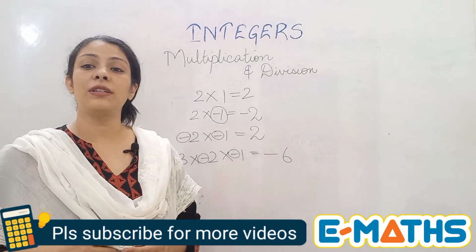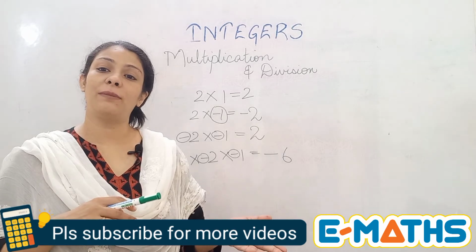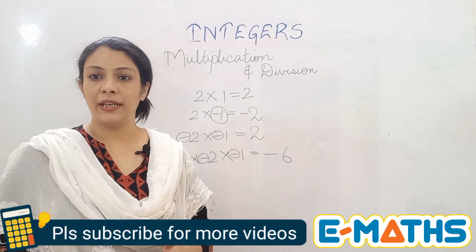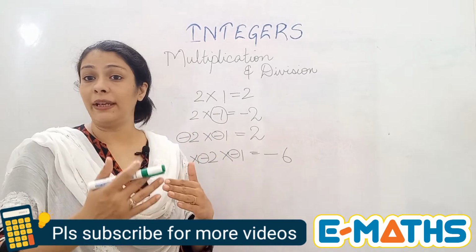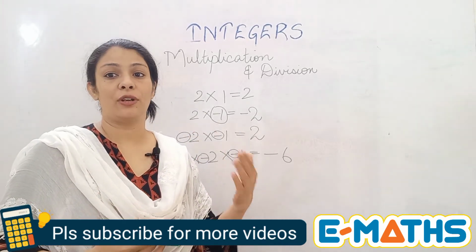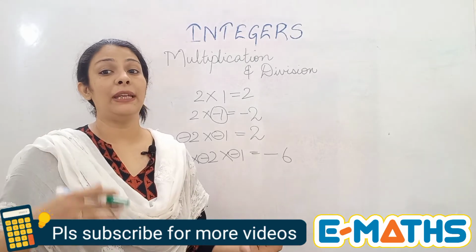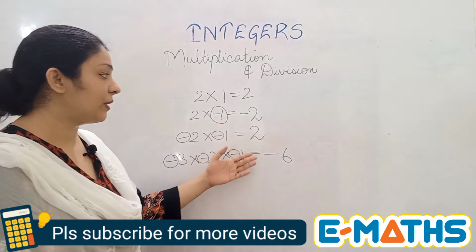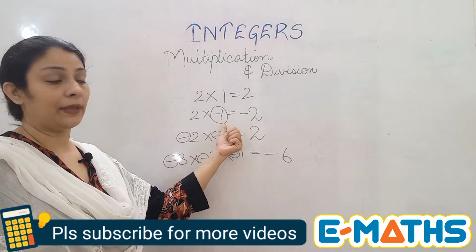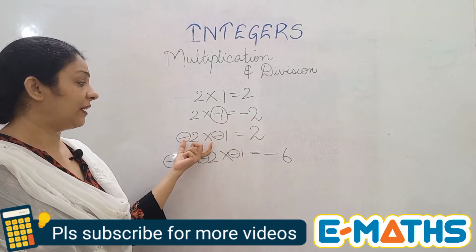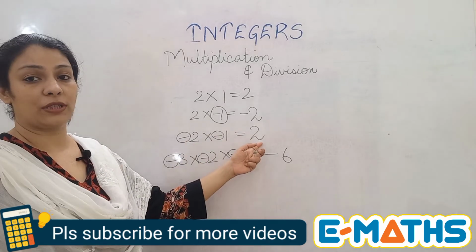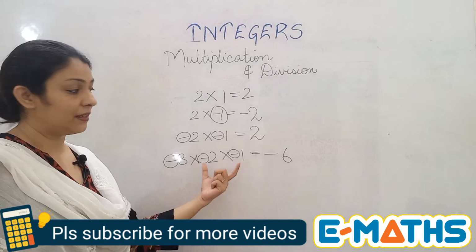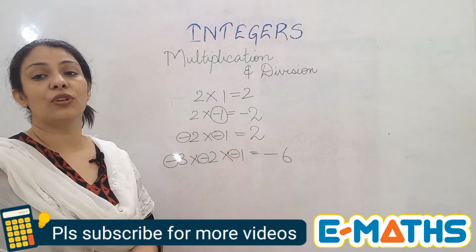So whenever you come across questions where you have minus signs in multiplication, solve the sign first. And the rule remains the same. If it is coming in the question an odd number of times, your answer will be negative. If it is coming an even number of times, the answer will be positive. As you have seen, when it was coming only one time, the answer is negative. When it came twice in the question, we have a positive answer. Again, we took 3 numbers having 3 minus signs. 3 is an odd number, so your answer was also a negative one.